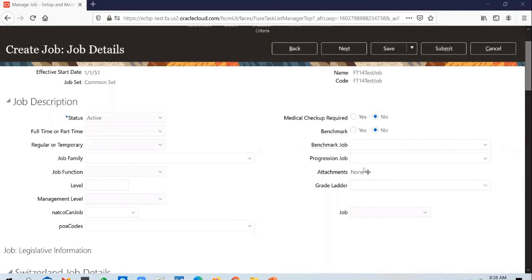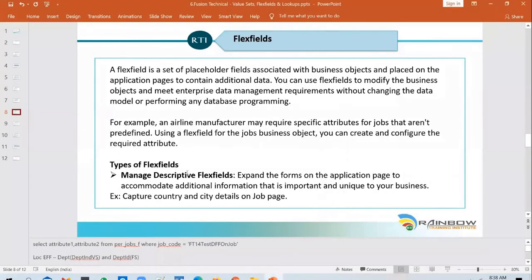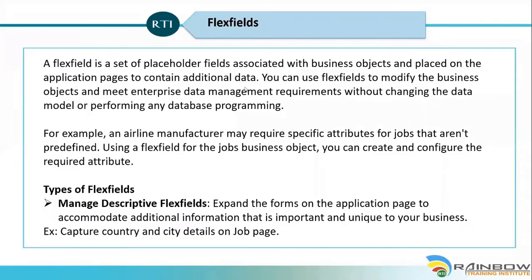In such a case, wherever there is a need to add additional placeholder columns or additional fields which are not available out of the box, you will be using a descriptive flex field for that. And there are again different types of flex fields. The flex fields are an additional set of placeholders you can enable as per the client requirement.